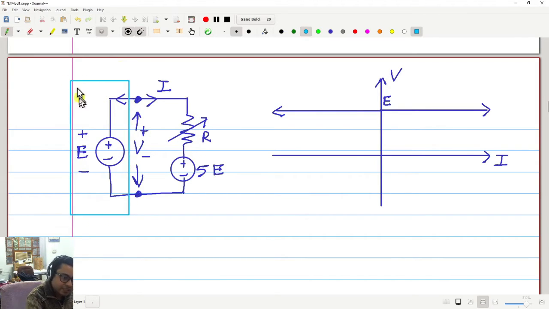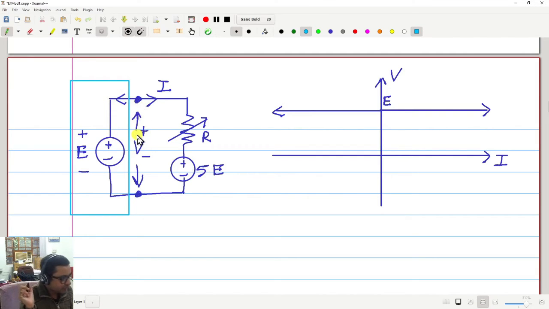We are studying the property of this source. We are keeping this constant, but what we connect outside it, that we can change. By changing these outside elements, we record the value of this current and this voltage for different settings. By taking another source, I can pass this current in the opposite direction, but still this voltage will remain the same.